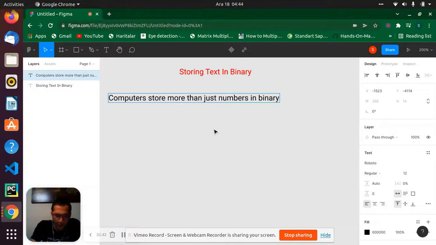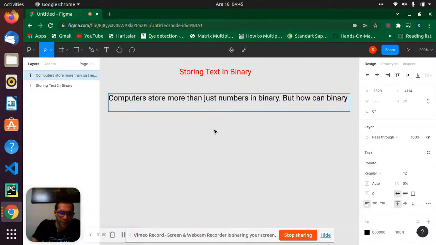But how can binary numbers represent non-numbers such as letters and symbols? What do you think about that?